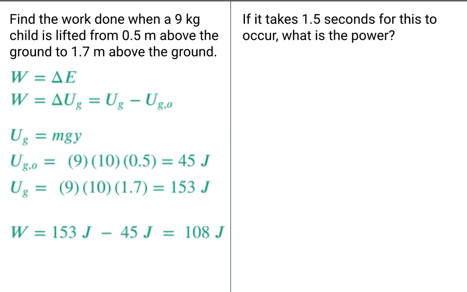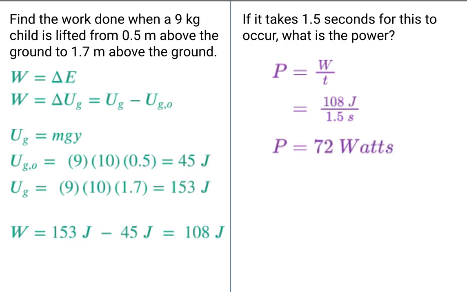Now, if this process requires 1.5 seconds, we can determine how much power was needed. Power is the rate at which energy is being transferred. So in this case, we can just think about this as work over time, since we've already calculated the work. So that's the 108 joules divided by 1.5 seconds. And a joule per second is